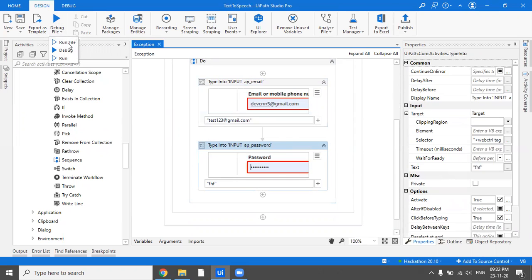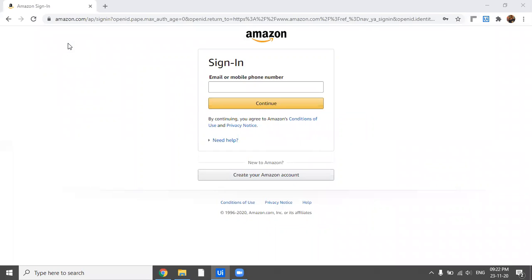If I just run it, because we have not handled the exception, it would be an abrupt end to our process, and we would have a pop-up on our screen saying that the selector has not been found, because there was no password screen visible wherein the bot can enter the password.